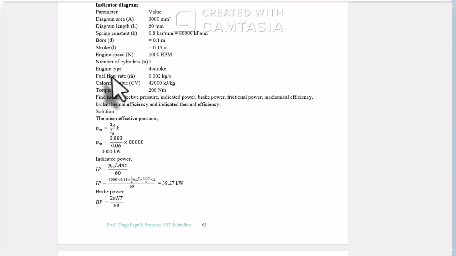Engine type is 4-stroke. The fuel flow rate is 0.022 kg per second. Calorific value is 42,000 kilojoules per kg. Torque is 200 Newton meter. Now the question is find the mean effective pressure, indicated power, brake power, frictional power, mechanical efficiency, brake thermal efficiency,